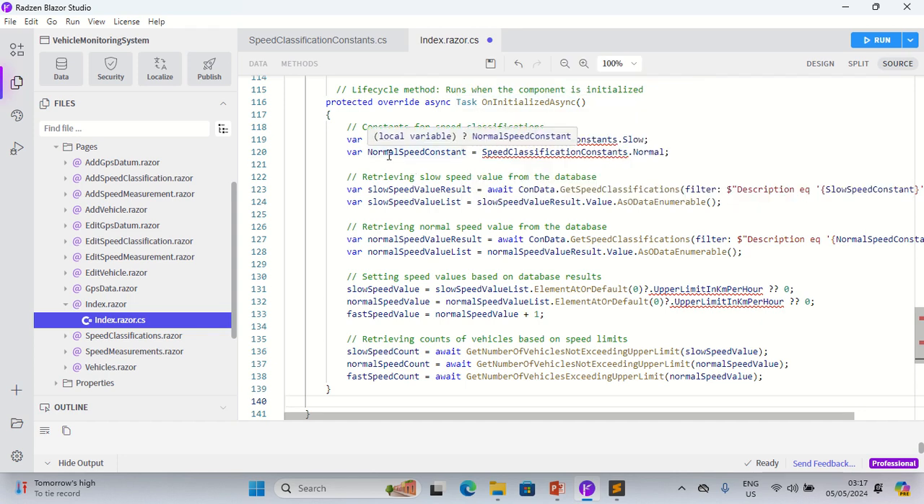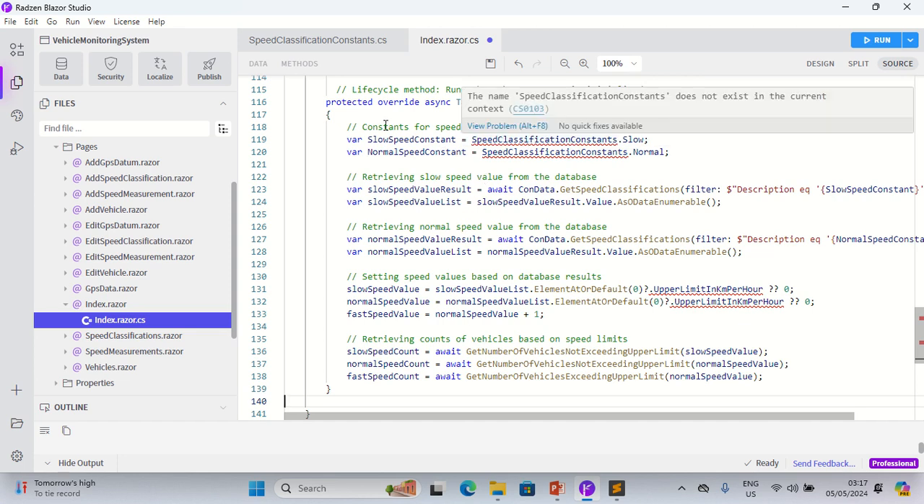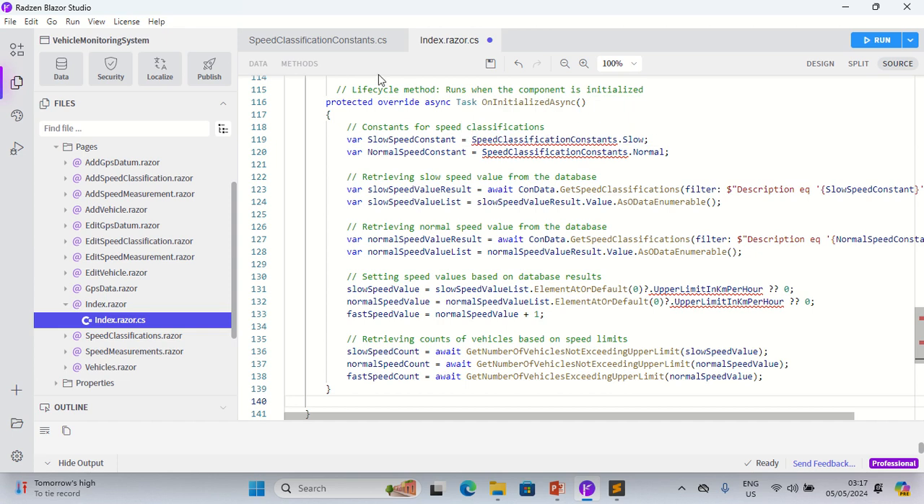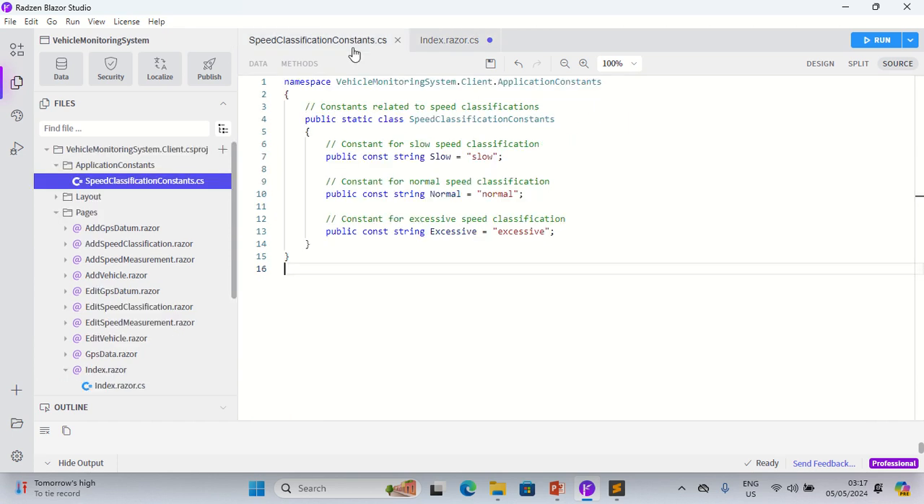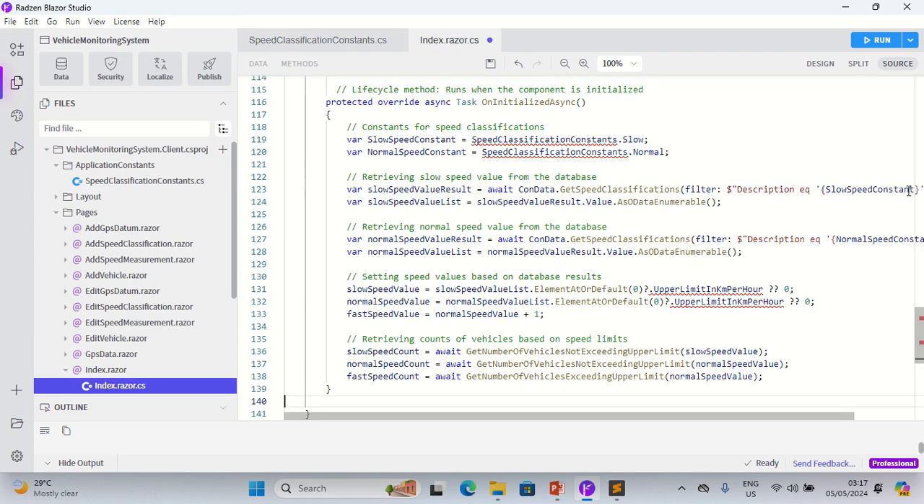So there is an issue here. We have constants for speed classifications. We are retrieving them, but there is an error here. Why is the error like that? The error is because we've not imported this namespace for the application constant. So I'll copy that, then